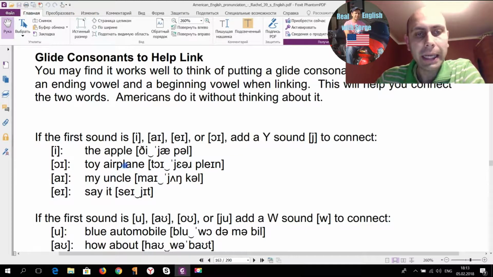Same with toy airplane, toy airplane. After the diphthong oi, we definitely hear that the next word starts with a Y. You know, the way it's written is just airplane, so it was supposed to start with just an a diphthong, but we clearly hear this sound Y, the linking sound. Same with my uncle and say it.